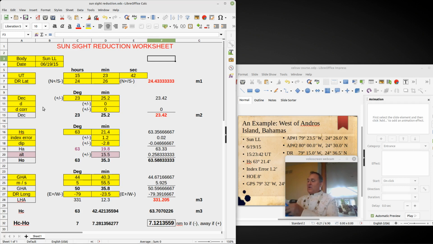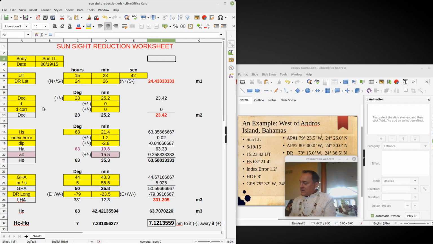Now, we need to change pages. We need to go to the date in the Nautical Almanac. We need to go to June 19 for the year, and we go to the page dedicated to that day. And in fact, each page is dedicated to 3 days, so we have to pay attention that we're looking at the right day. But we'll look at June 19th, and we'll look up for that day what hour, and this hour is at 1500. So looking on this table, we read down on the day, and we read down to 1500, and we find that on June,